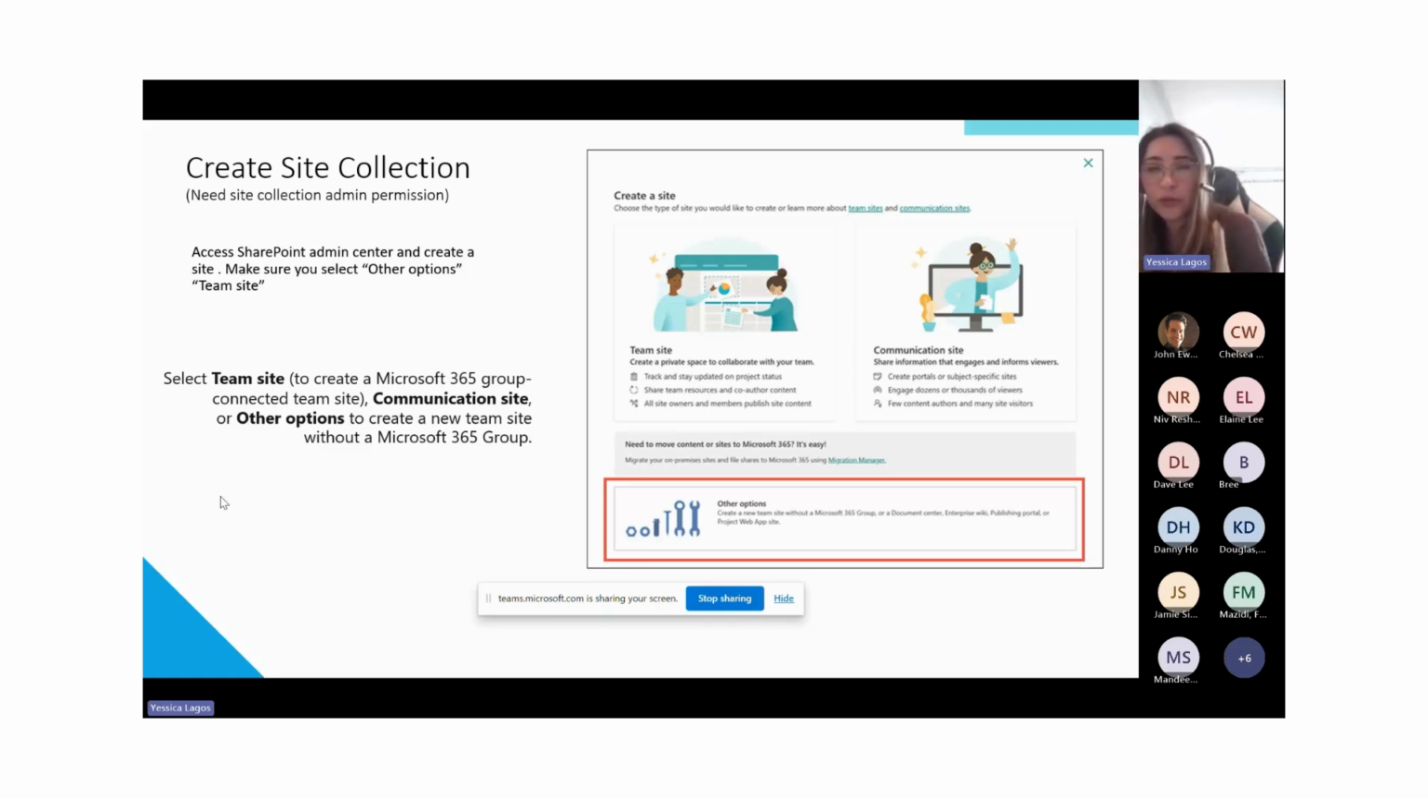But I encourage you to choose each one depending on your needs. But also, if you want to select team site, but you are not planning to use any Office 365 group, I encourage you to use the other options and create a team site. That will create the site without any Office 365 group associated to it. If you do want it, you can click team site and that will create the Office 365 group for you. And same for communication site if you want to make it a hub site, right? There are different kinds of site collections that you can create. Once you have the site created,